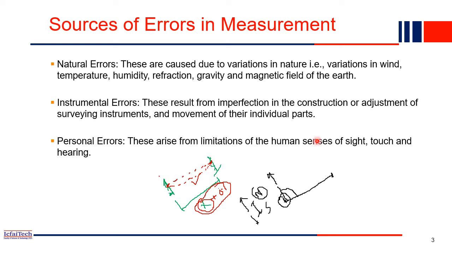So in that case also, while sensing the sight or touch and so on, there may be a small microsecond fraction of delay to capture all these parameters. So that also introduces additional error into our measurement. So that error we call personal error.